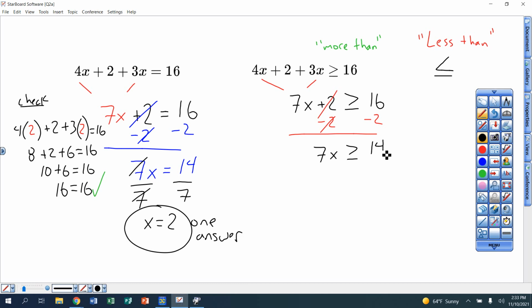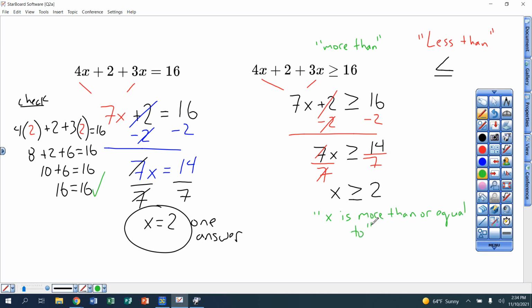Don't put an equal in there. Don't change this to an equation. Keep it an inequality. Then I'm going to divide by 7, and that gives me x are all numbers more than or equal to 2. I want you to be able to translate in the words. X is more than, write this, or equal to